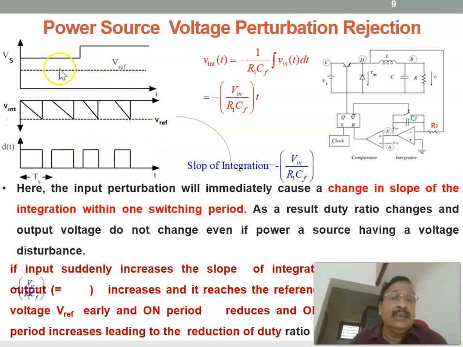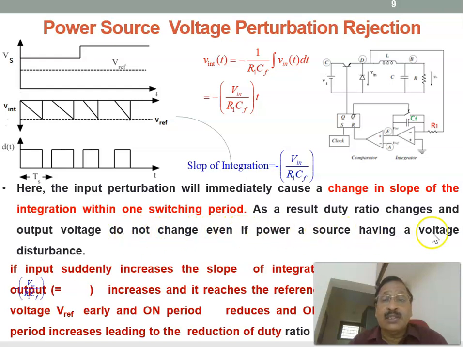So again, even though there is an increase in input voltage, the duty ratio reduces and the output voltage will be the same as the reference voltage. Here the input voltage perturbation immediately causes a change in the slope of the integration, because as Vin increases, the slope increases within one switching period. As a result, the duty ratio changes and the output voltage does